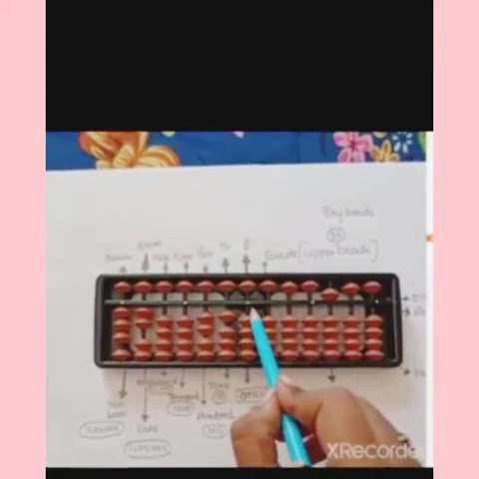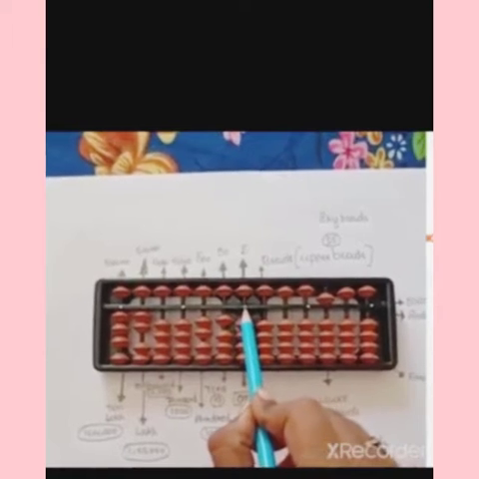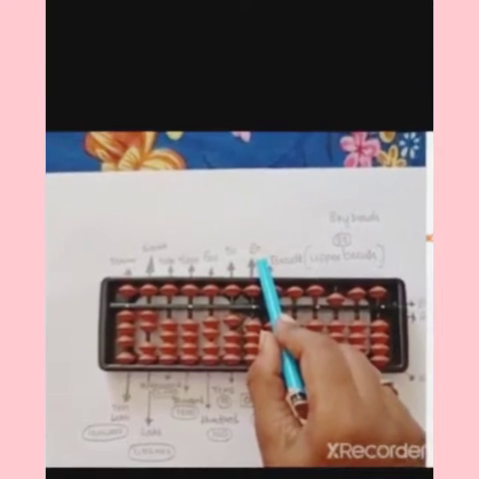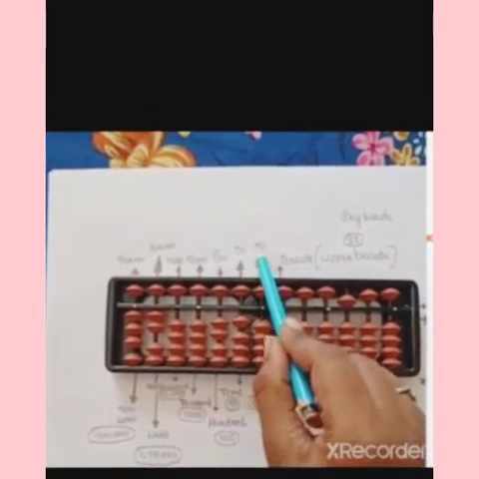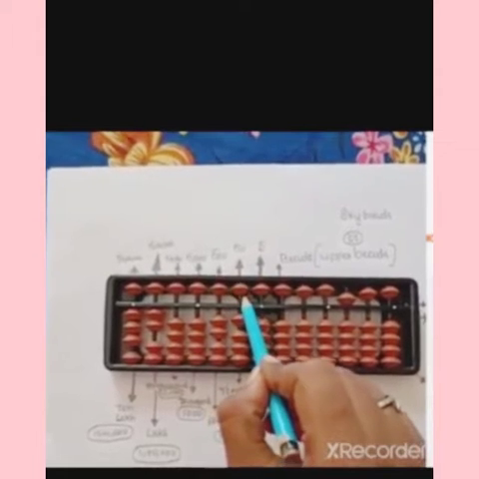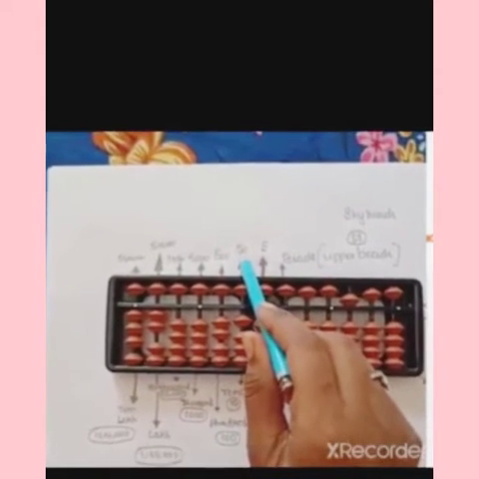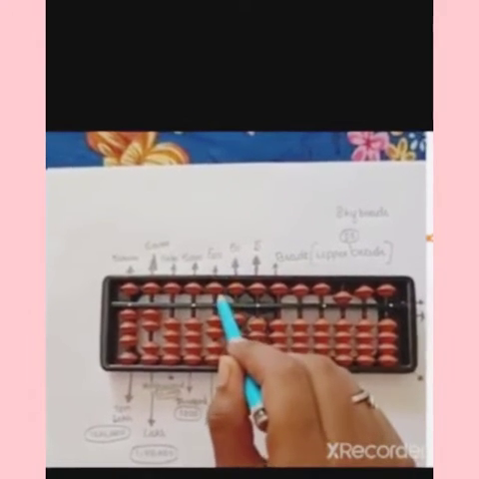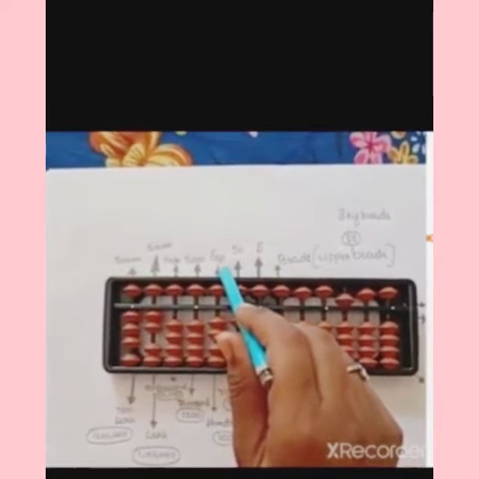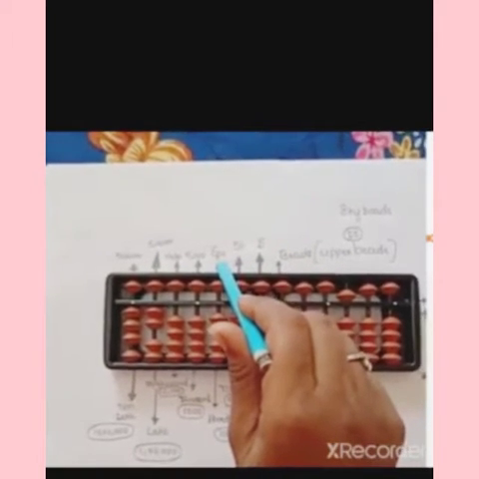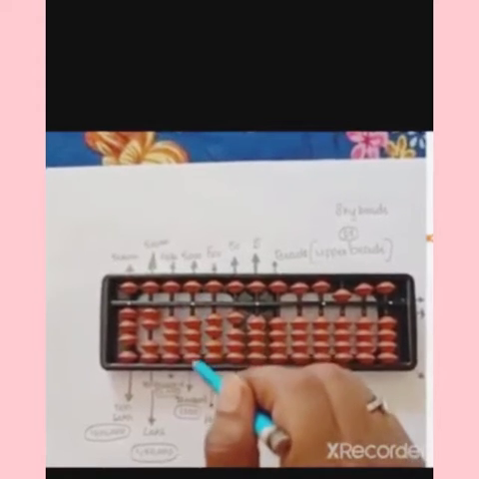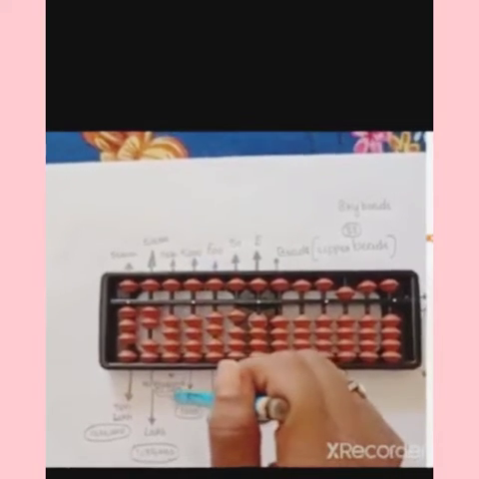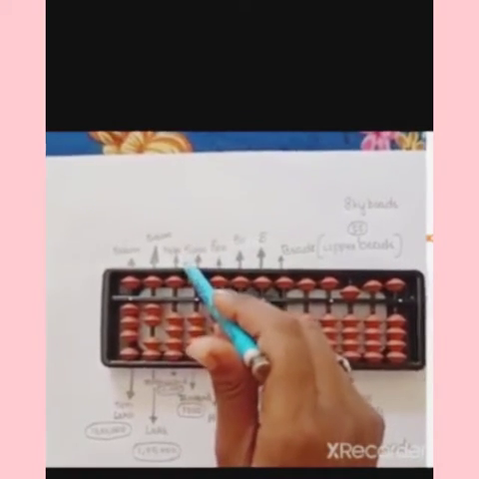Here also I have written this. We will start from the middle point, that is the unit place. The upper bead is a 5 unit bead and it is the ones place. Here the second rod is the tens place, so the value is 50. Okay, here the third rod is the hundreds place and the value of the upper bead is 500. The fourth rod is the thousands place, the value of the upper bead is 5000, and the fifth rod is 10,000, the value of the upper bead is 50,000.